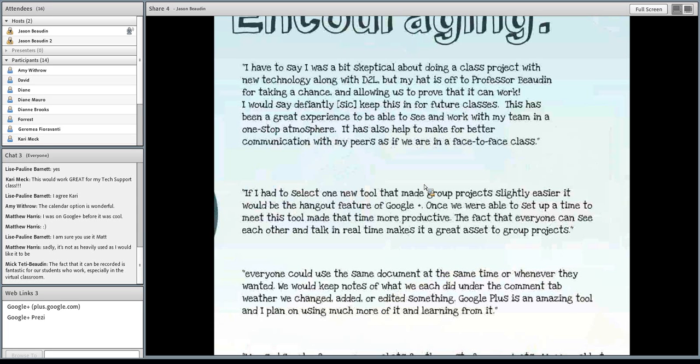The first one I think is pretty typical, the first sentence at least. I don't know about the hat off to Professor Bowden part, but this first part is pretty typical of responses that my students have to group work, both online and in class. Skepticism. Immediate skepticism, dislike, rejection in the more vehement cases. They're not big fans of working in groups,